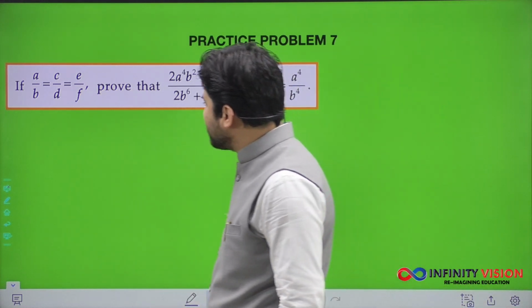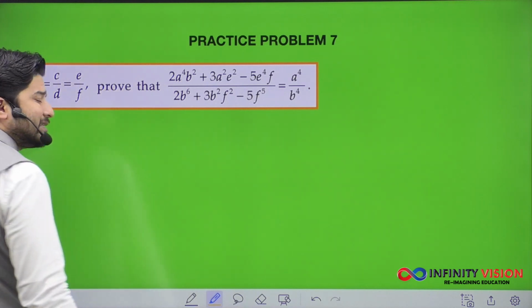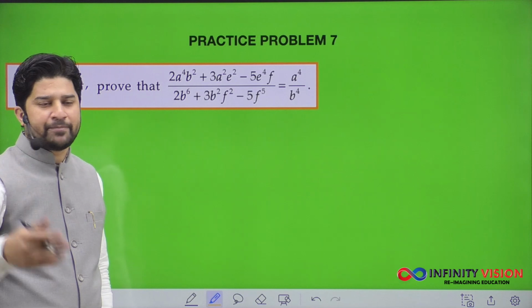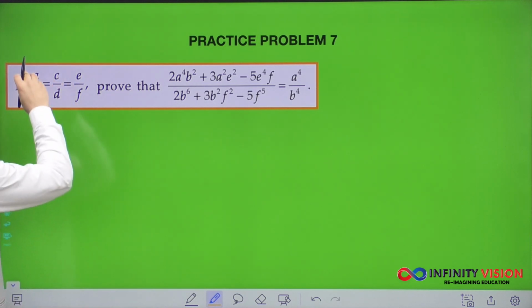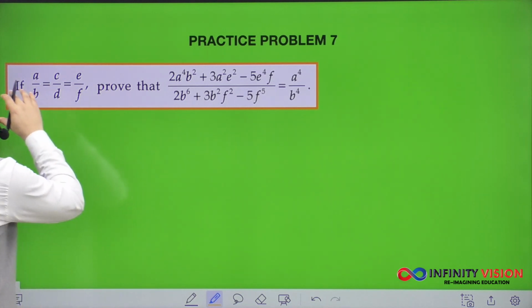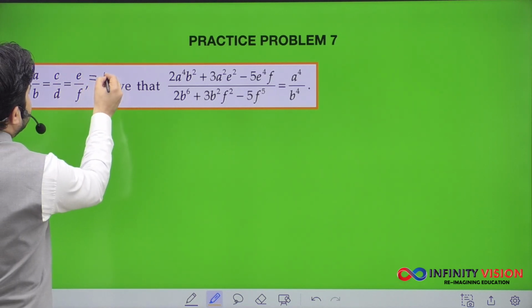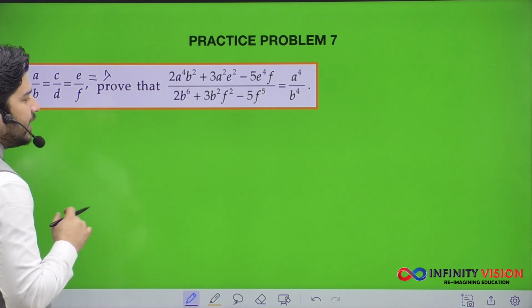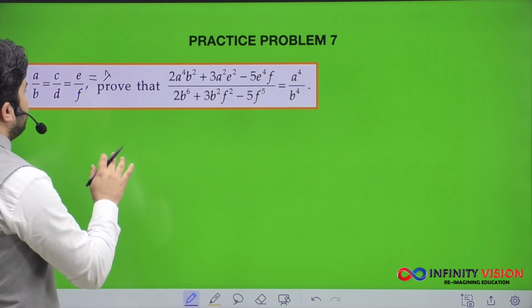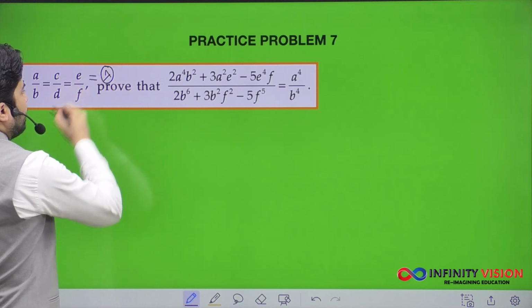Whenever you see this type of problem, which we have already discussed in our illustration section also when we were discussing the theorem and its application, what we used to do, we need to say that if you get a continued ratio, we can equal them up with a constant, let's say lambda. So I can say that a by b is equal to c by d equals to e by f is equivalent to this ratio lambda.